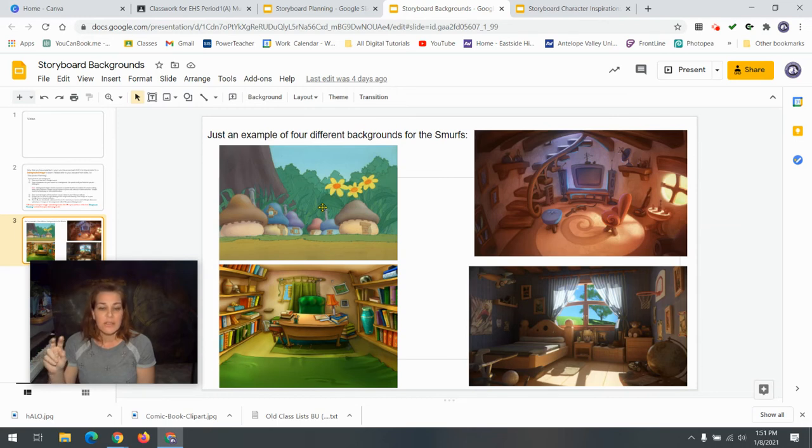Make sure that you take the images that you find for the background of your storyboard, like you see here, and save them individually, one at a time, into the assignment called Storyboard Backgrounds. That way, later when we go to use them, you know exactly where to find them.